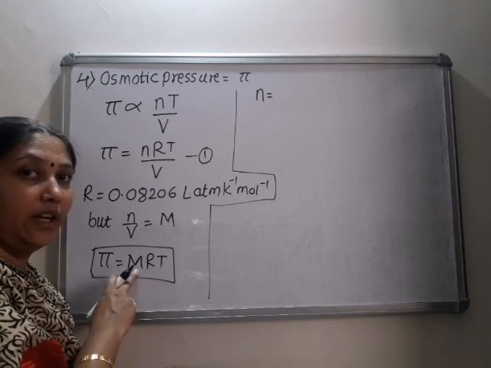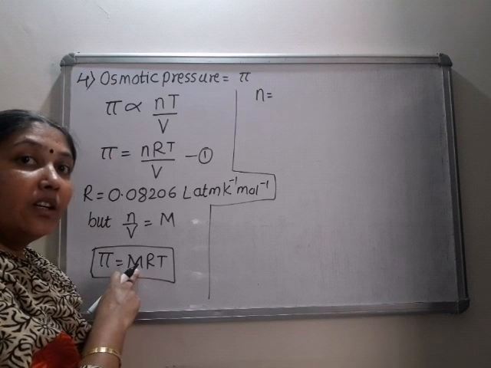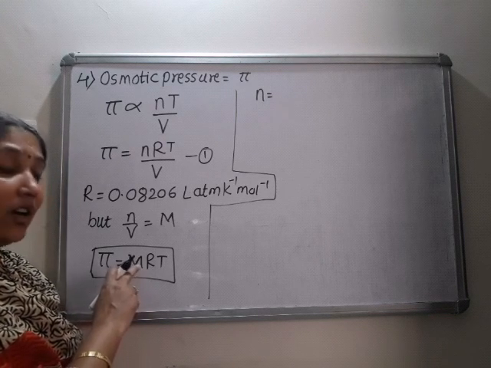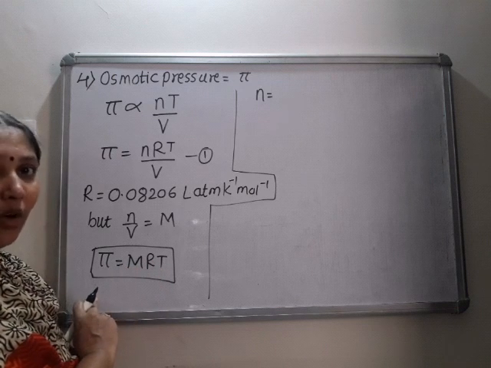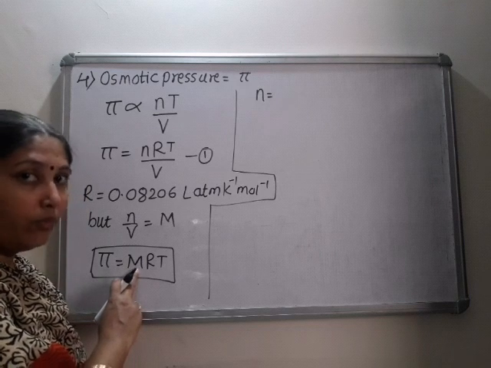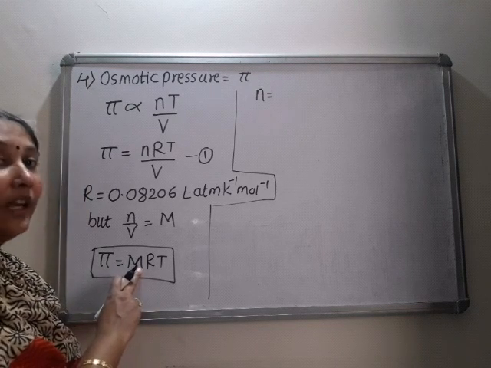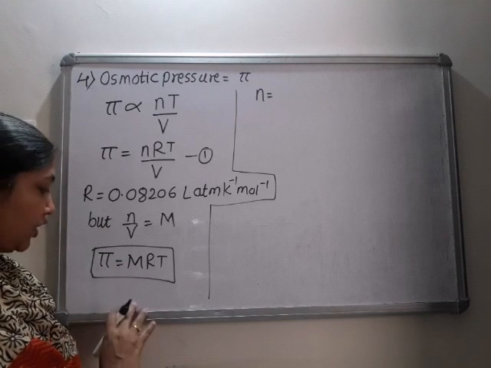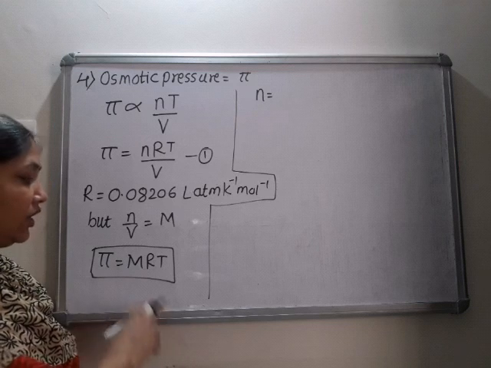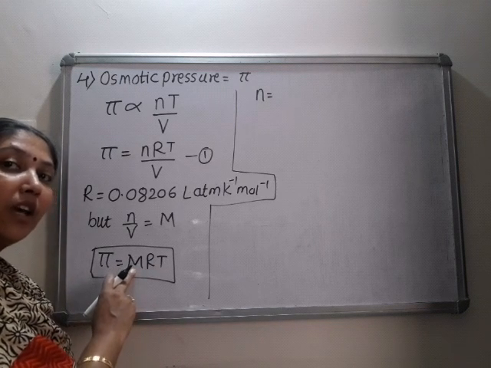Here we consider molarity. In the previous two colligative properties we considered molality, and here we have to consider molarity, because at a particular temperature we are finding osmotic pressure. So there is no change in the value of molarity. So it is better to use molarity instead of molality in case of osmotic pressure. So we get pi is equal to MRT, or we can say CRT, concentration. In the old book it was given as CRT. In your book they have replaced this C by M for molarity.